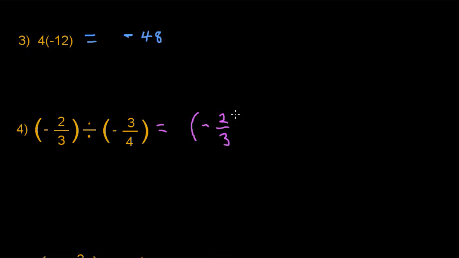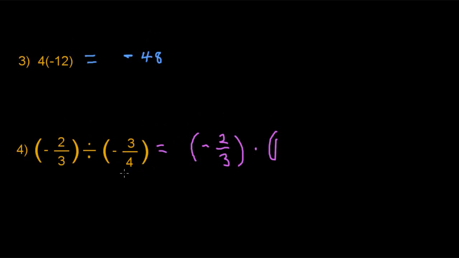We write that first factor as negative 2/3, change it to a multiplication, and then we're going to multiply by the multiplicative inverse of negative 3/4, and if you remember, all we do is just flip that upside down. It's the reciprocal, and so it will be still negative, but 4 over 3,